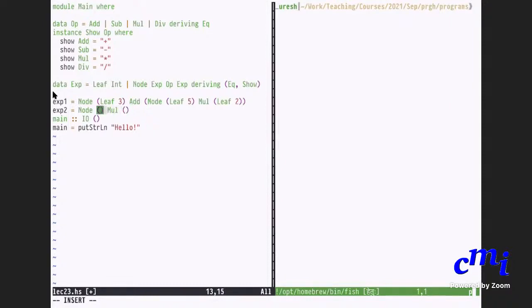So node again, do the same thing. Put some empty thing. Add. So node leaf 3, add leaf 5. We'll fill in that thing also. Yes, and then for the multiply thing, after that it'll be 2, right? Leaf 2. Right. Exactly. So do you understand now the structure? Does everybody understand? Okay, great. This is how you give expressions.